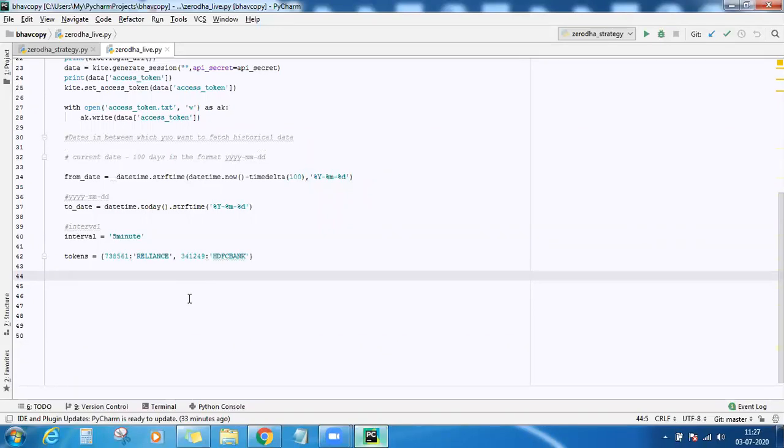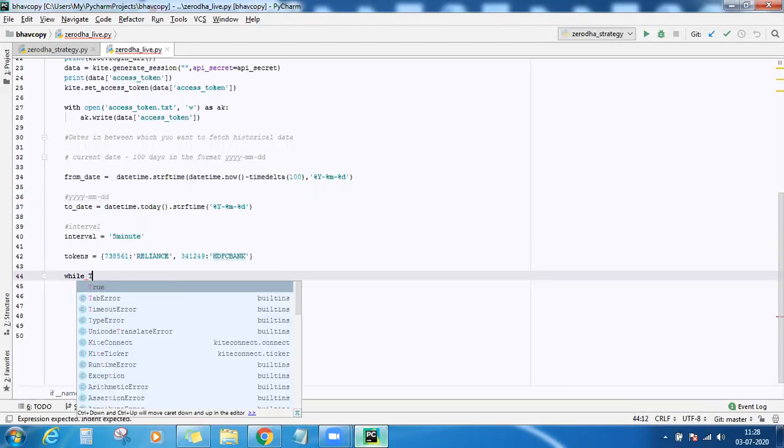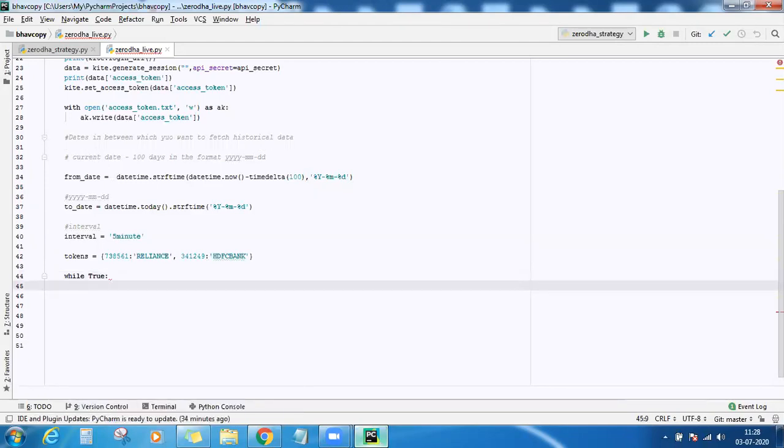So within an infinite while loop, I'll be giving all my matching conditions for the buying or selling conditions or any screening condition inside the while loop. So this will always be true.